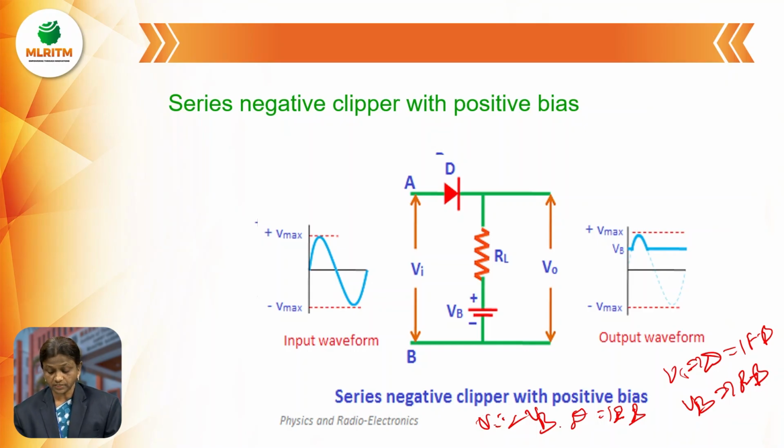So whenever Va less than Vb, that means from x-axis up to Vb, diode D is in reverse bias. So during the positive half cycle, at the output side, from x-axis to Vb, that portion must be cut off at the output side. That portion is removed. That's why that portion is represented by using dotted line.